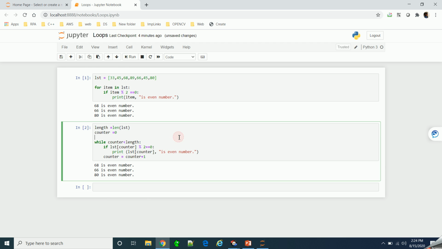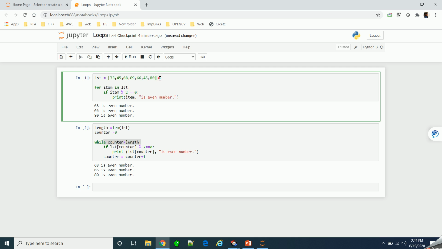So we can use both for loop and while loop for similar purpose, but in real time it is better to use while loop when you don't know how many times you have to iterate, that is, how many times you have to perform a particular operation.